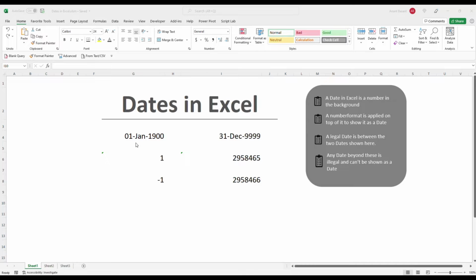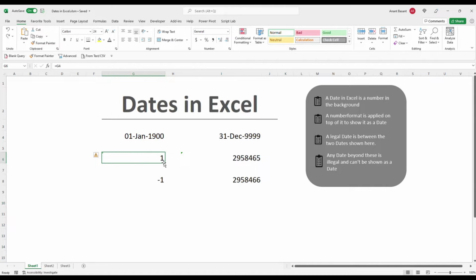A date in Excel is a number in the background. I have taken two dates here, and the number behind each date is mentioned here. One is the date 1st January 1900, and the other number is the date 31st December 9999.